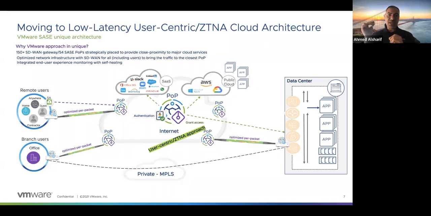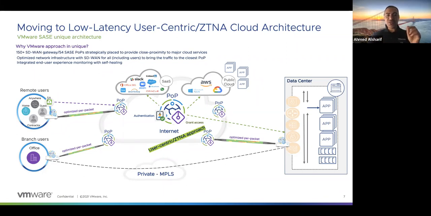The user needs to have high application performance. He doesn't care about what you do in the background. He doesn't know where the traffic is going. I used to go to my data center to get firewall service or IPS service or URL filtering, and then access my application, and it worked fine. Now you are moving these services to the cloud and my application performance is not good. So that's what concerns me. Yes, you provide me with better services in the cloud, but you are making my application performance very slow.